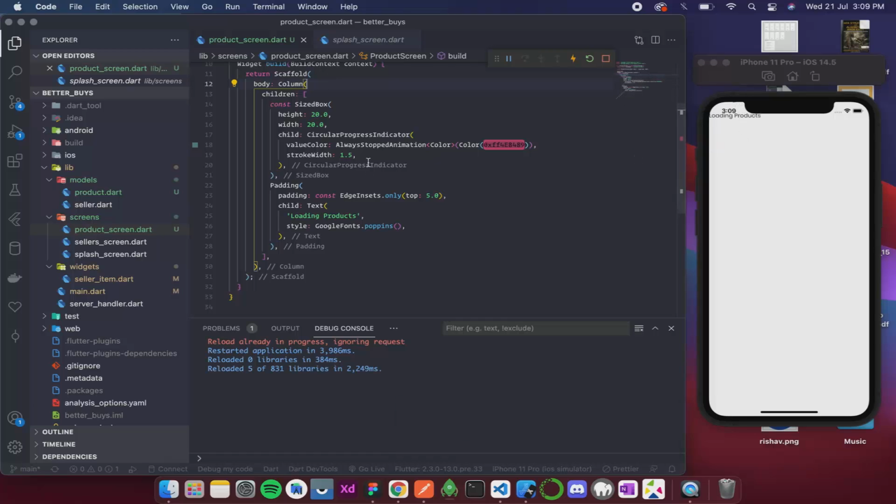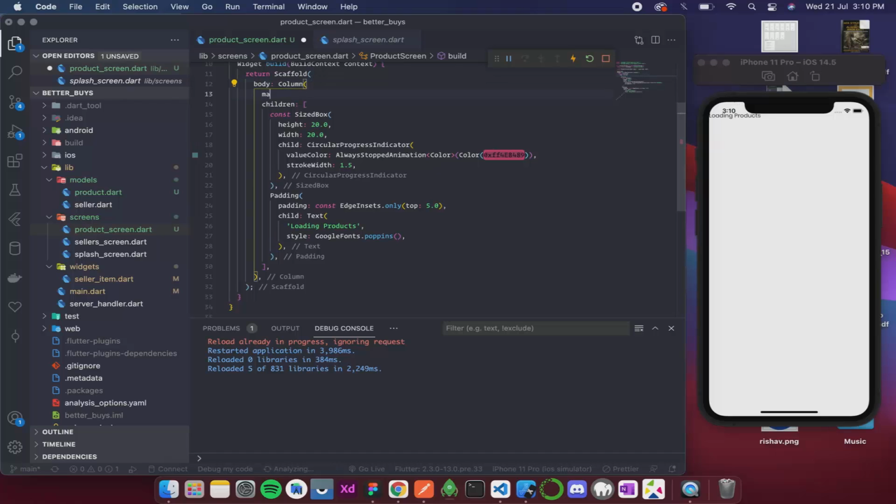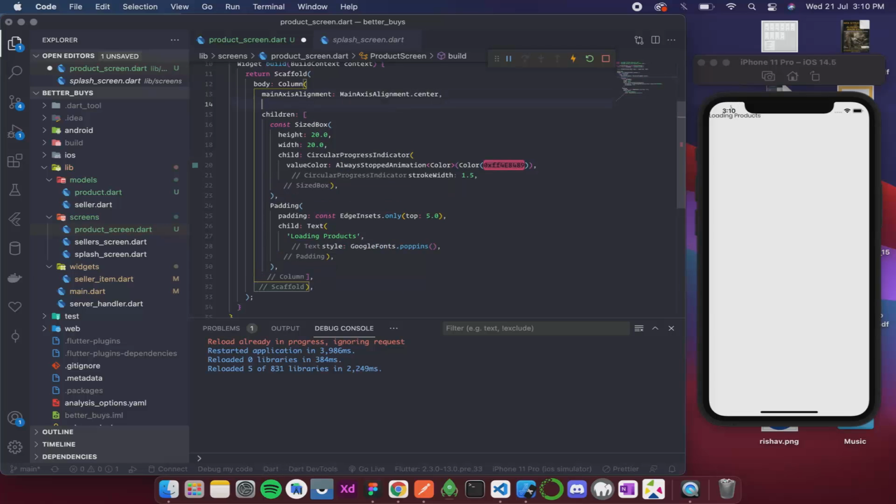and it is over here, so I need to bring it to the center. So for that I'll use main axis alignment. Okay, and then it has an enum main axis alignment dot center. Okay, so after that we also have cross axis alignment.